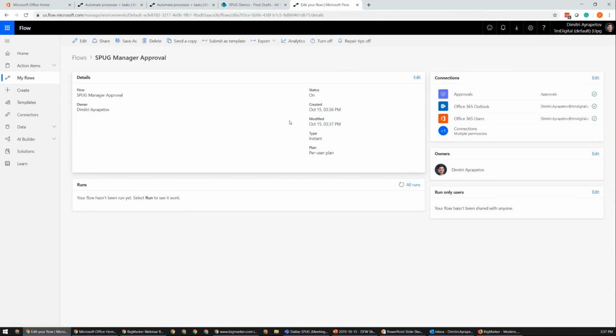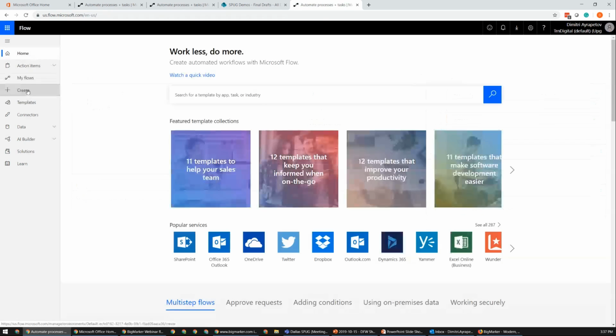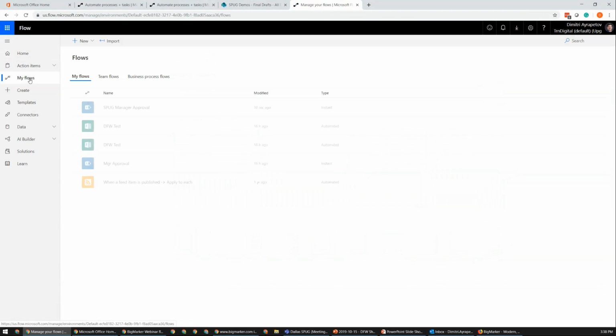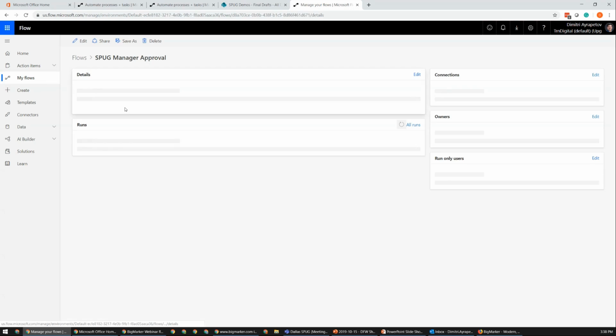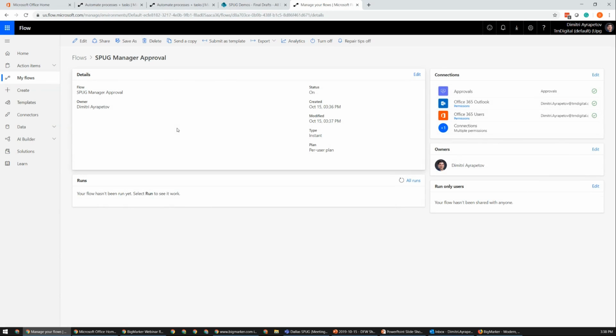Okay, so we're basically at this flow overview page. And if I wanted to get back to this page at a later date, if I go back to Flows Home, click on My Flows, and click within My Flow, it'll take us here. So a few important things I want to point out. Within here, if I need to make further edits, I can click on the Edit button. If I want to invite others to become owners of this flow, I need to make sure that I save it and I share it out.